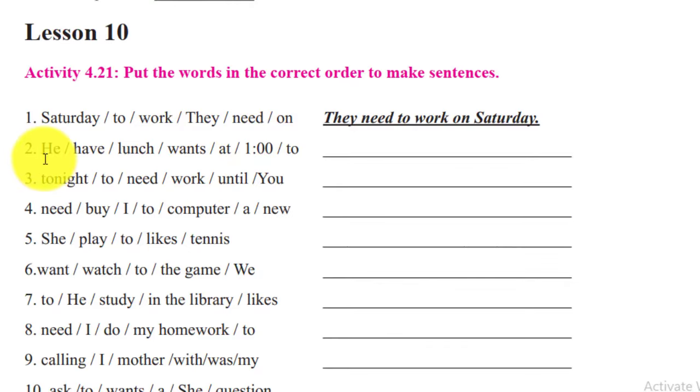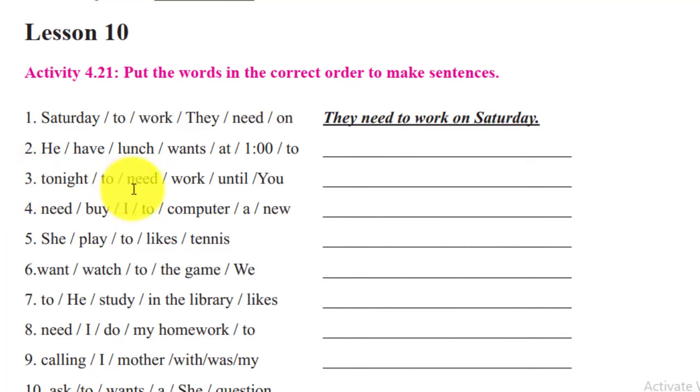Number 2 ላይ ስትመጡ, ከነዚህ መካከል አሁን ሰብጀክቱ ማለት ነው he ነው አይደለ, he ትላላችሁ, then verbu ማለት ነው wants. ለምሳሌ wants ትላላችሁ, ምን ማድረግ ነው የሚፈልገው? What does he want to have, to eat እንደማለት, መብላት ይፈልጋል. What does he want to eat? ምን መብላት ነው የሚፈልገው? Lunch ምሳ. መቼ ላይ? At 1 ትላላችሁ ማለት ነው. ስለዚህ በዚህ መልክ ተሰራላችሁ.